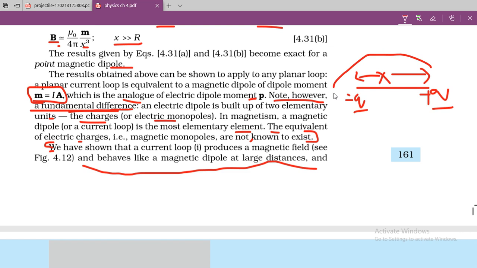So this system is electric dipole. Okay, but in case of magnetic dipole, you can see here, in magnetism, a magnetic dipole or current loop is the most elementary element. It means it is already the smallest one. You cannot break it into more smaller elements. Okay, the equivalent of electric charges,